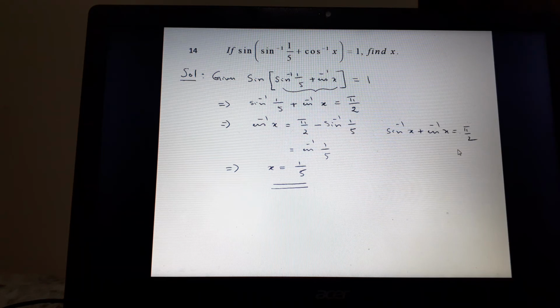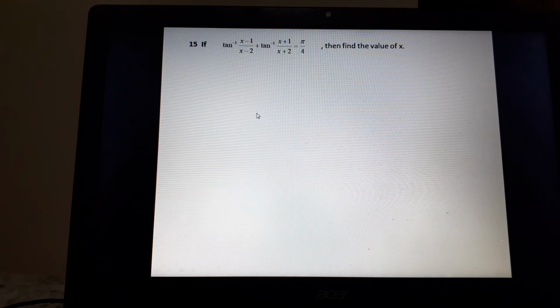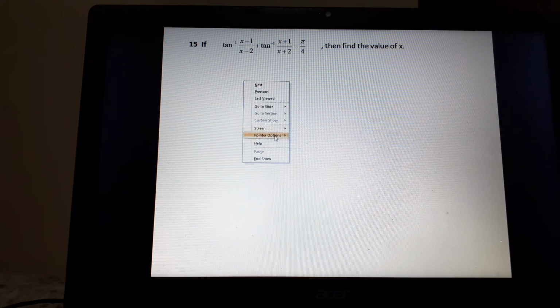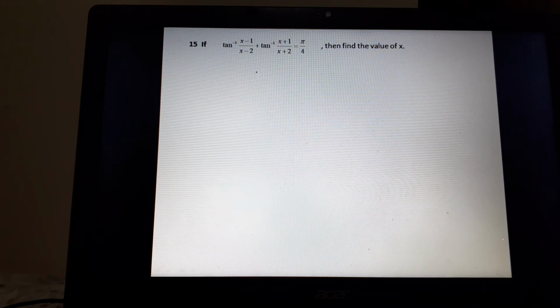So next question. This is called an inverse trigonometric equation. We have to solve this equation and then find the value of x. Whenever you are solving an equation, you should be careful. Sometimes you get solutions, but then you have to check whether both are correct or only one is correct. You may get different values. So let us solve this one. Now, this is not proving this equal to pi by 4. So what is the value of x? That is the understanding.